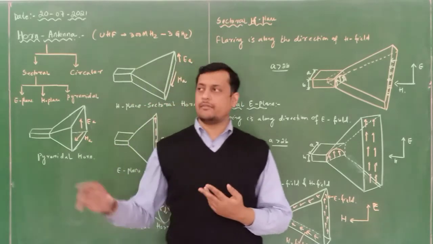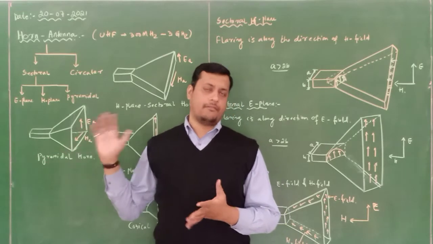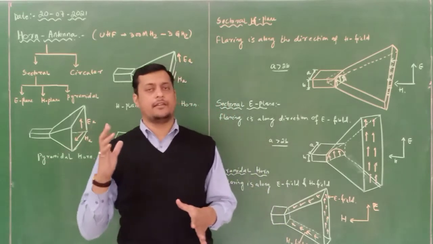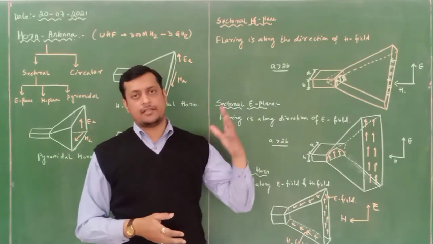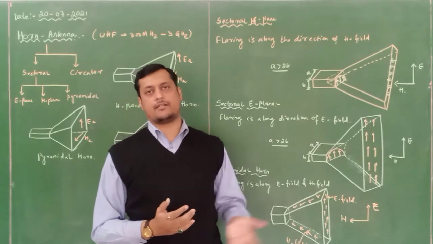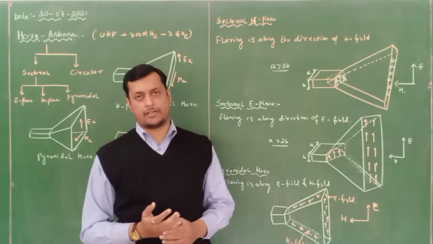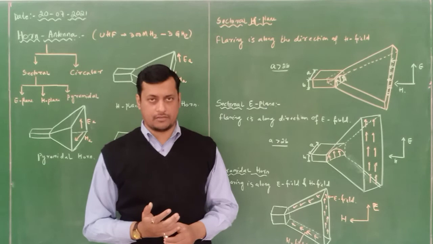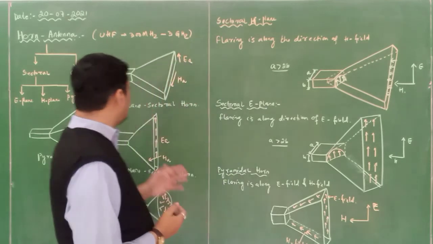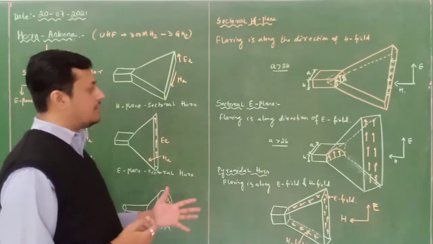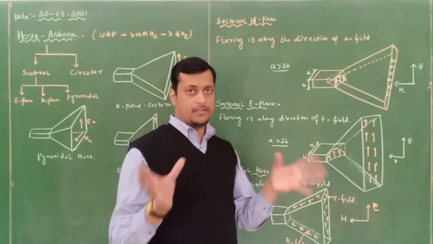So in module 5 we have this horn antenna. First we will discuss this, and then we will discuss the helical structure, its construction, and the parabolic reflector antenna and what its usage is. Okay. Now as you can see, I have drawn a few diagrams with respect to the different sorts of geometry.